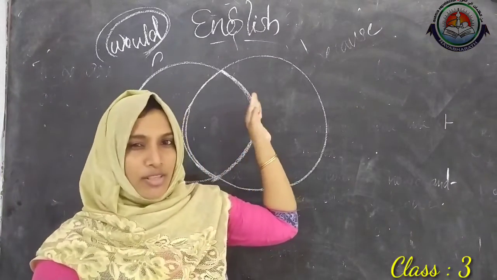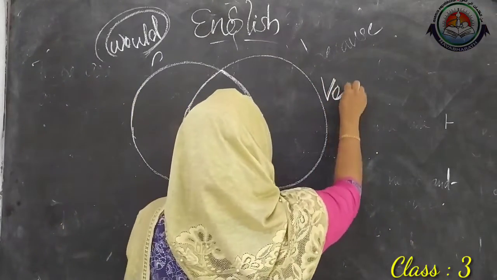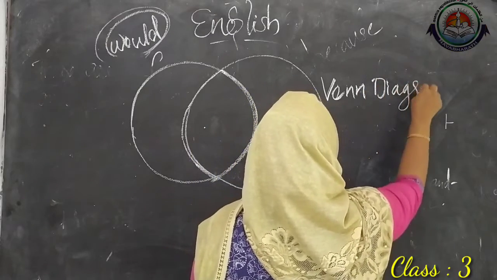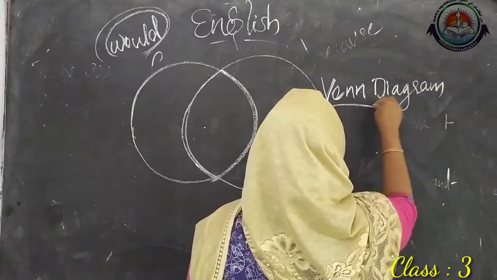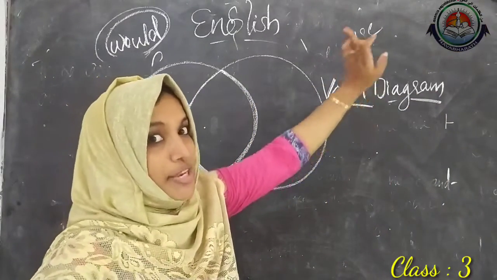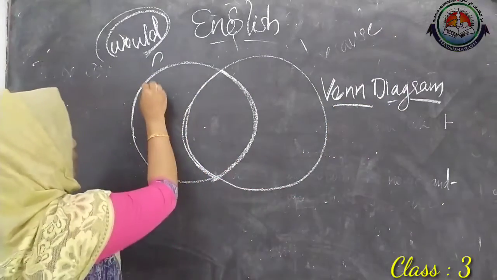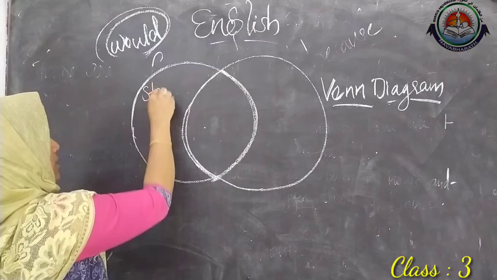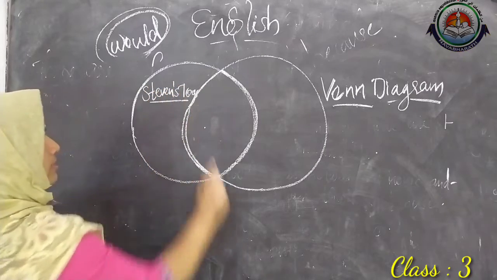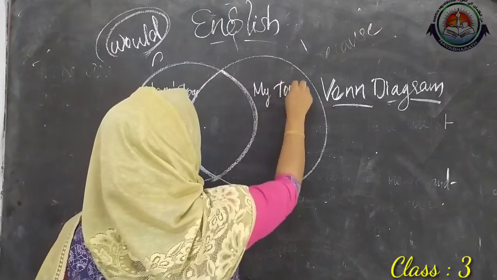So, we already covered this Venn diagram, right? Tell me the spelling of Venn diagram. V-E-N-N D-I-A-G-R-A-M. Venn diagram. You have to learn the spelling also. Okay, not W, it is V. V-E-N-N. Then here you have to write about Stevens toys. Then in this next part you have to write about your toys, like we already did in the workbook.